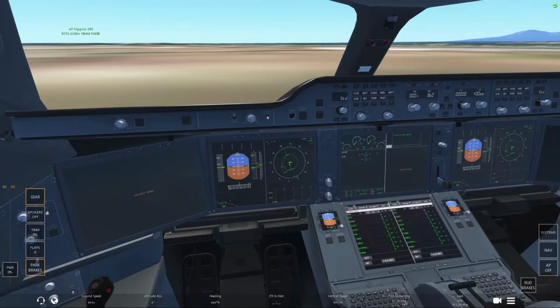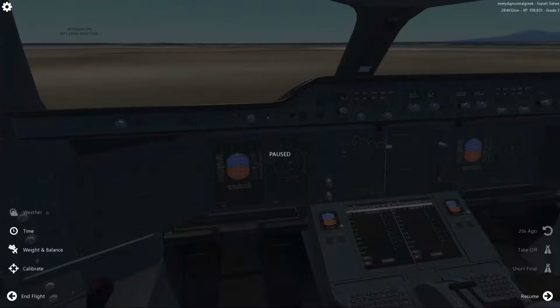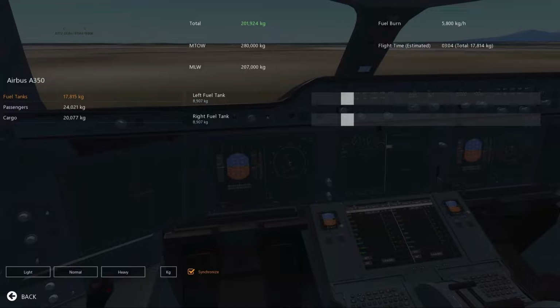Fuel quantity, let's go and check our fuel very fast. So if I open here and check our weight and balance, we have some runways. Yeah, okay, that was a Unicom of New Chitose. So we have 17 tons, 17,815 kilos of fuel today, about 3 hours and 4 minutes of flight time. 7 Kilo Romeo, crossing runway 1 left. Okay, that's a bit annoying, but we are in Unicom. So yes, and we have